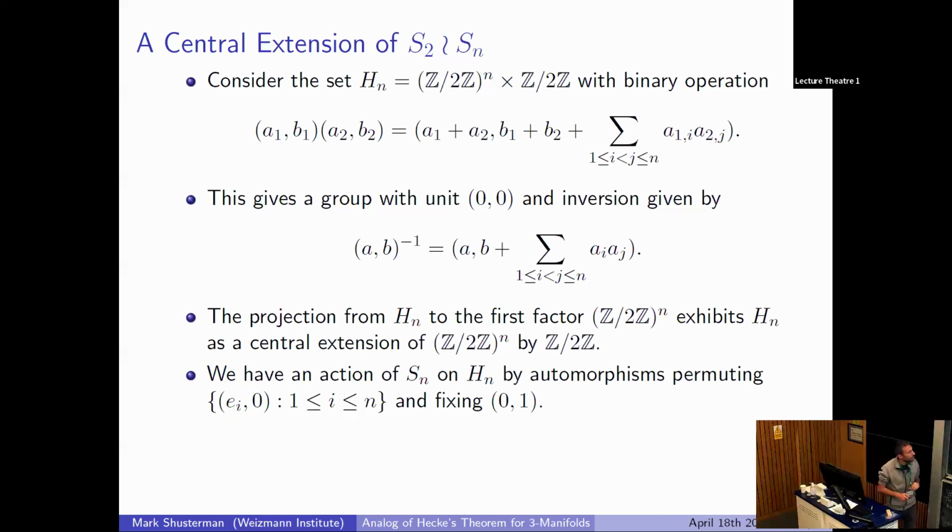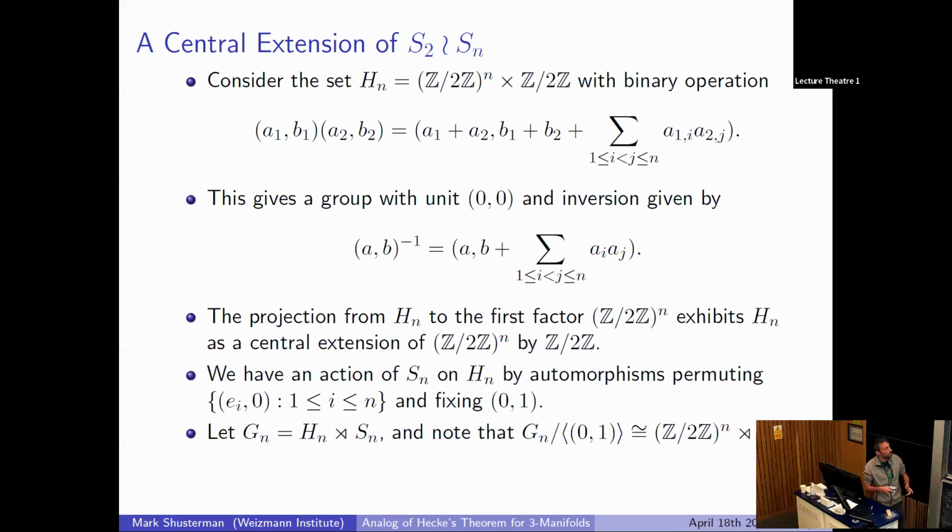I'm not writing the relations because that could be perhaps uglier than this formula. But what you can see from either description, hopefully, is that the symmetric group Sn acts on the group Hn by permuting these generators and doing nothing on this other generator. So this element which was in the center will remain in the center for this Sn action, and also after we take the semi-direct product. So that's what happens next.